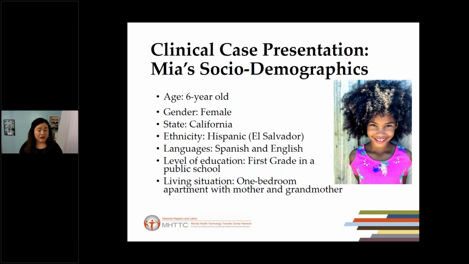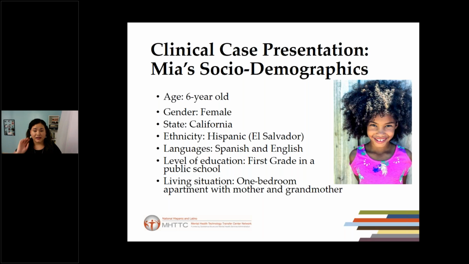I will be presenting now the case that I used to work with, and I changed her name and identity because of confidentiality. I want to make sure that she's safe. I used to work with this 6-year-old girl and with her mom. They experienced domestic violence, but the incident happened in another state, and then they moved to California because their life was in danger.